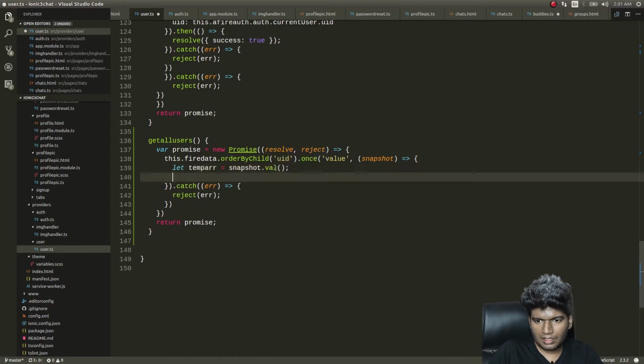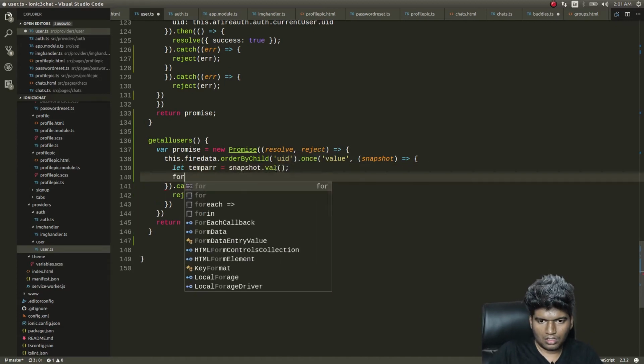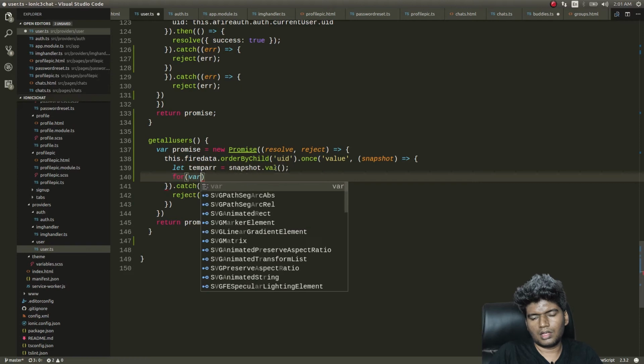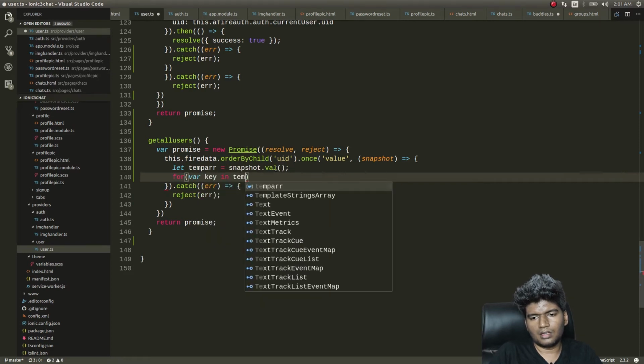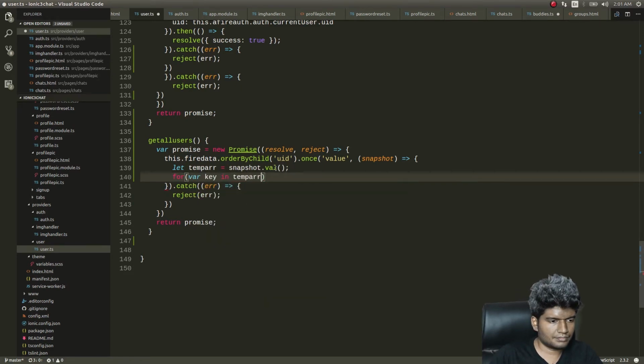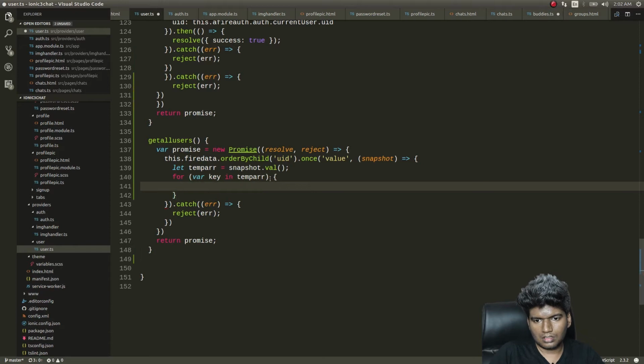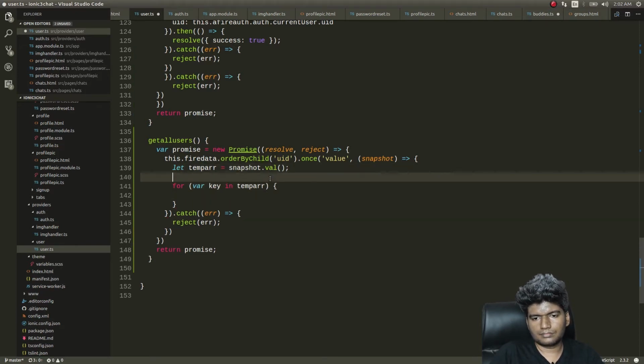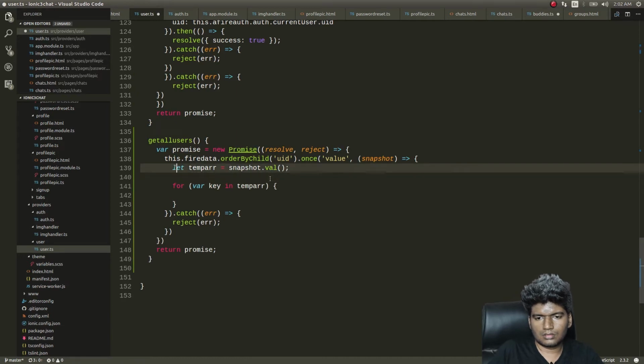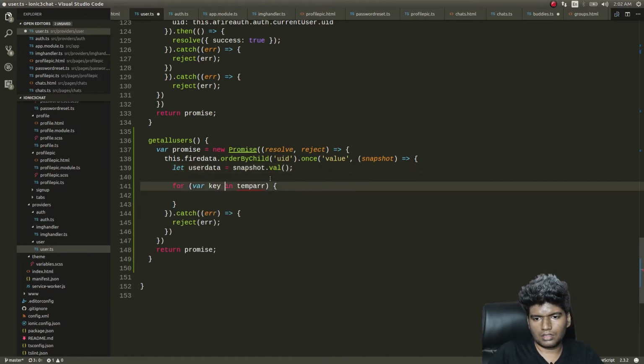Okay, and then for where key in temp array, here inside this, let user data, where